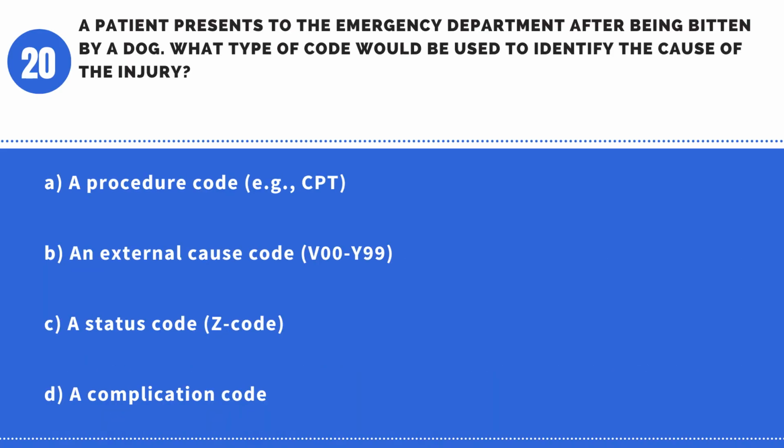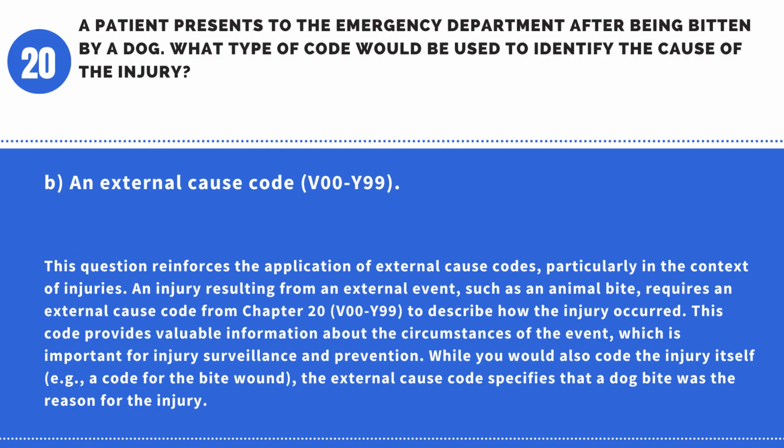Question 20. A patient presents to the emergency department after being bitten by a dog. What type of code would be used to identify the cause of the injury? A. A procedure code, e.g., CPT. B. An external cause code, V00-Y99. C. A status code, Z code. D. A complication code. Answer: B. An external cause code,